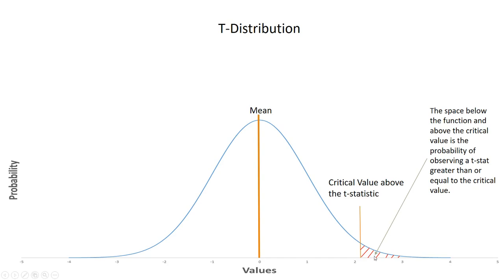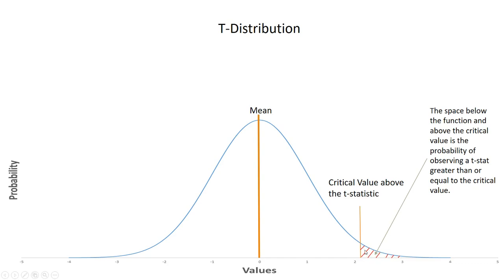This area is the probability of observing a t-statistic greater than or equal to our critical value. So this area communicates to us the probability of committing a type 1 error. This is the probability of rejecting the null hypothesis